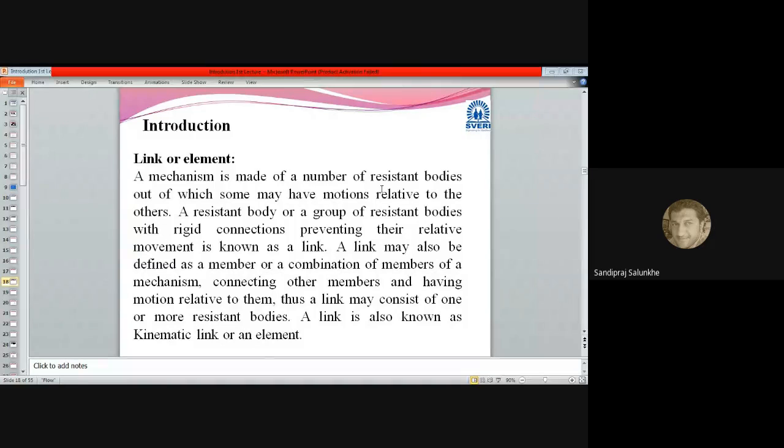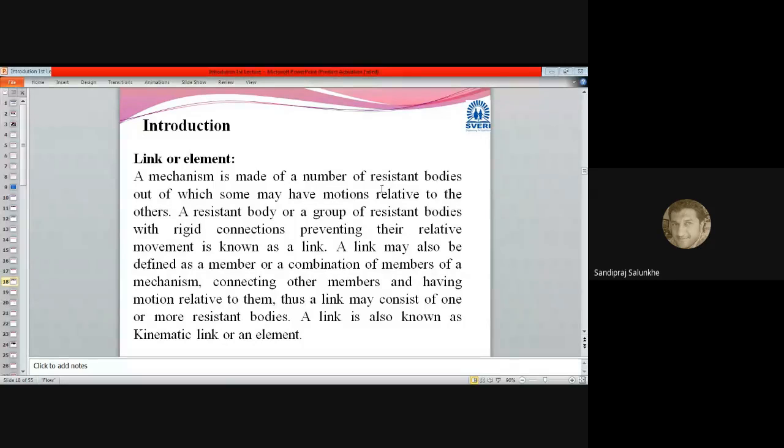So as we have discussed yesterday, the main part of our course is that we have to learn the principles on which the machines are working. That's why it is called theory of machine. And while we are learning those principles, we come across some parts that are called static and dynamic part of any moving or stationary part. So we are going to see the static and dynamic part also.